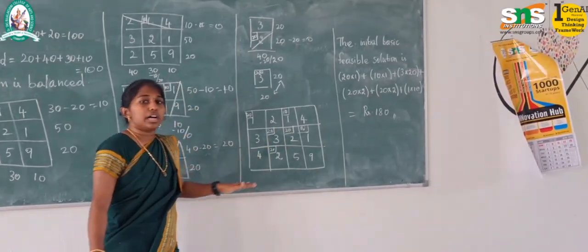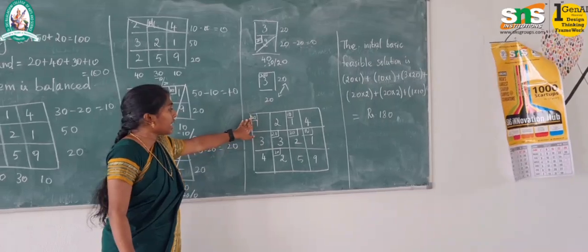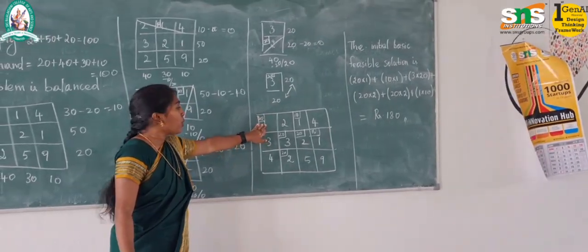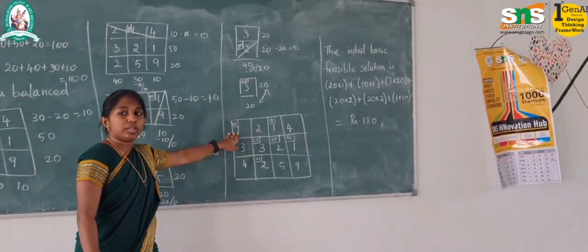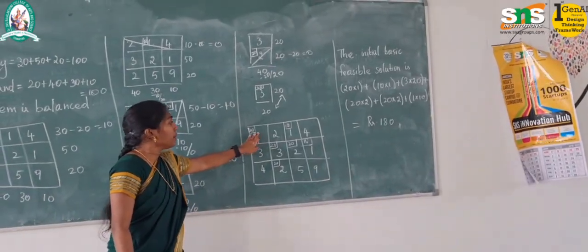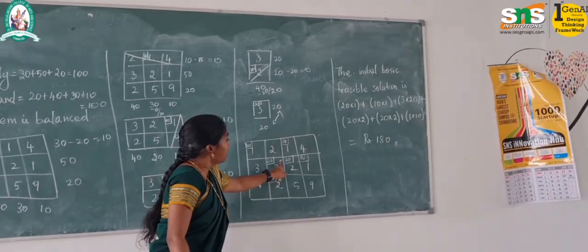Finally, it is the same as in the North West formula. We are going to multiply those allocated cells with the respective box values. Here the allocated cell will be 20, and the box value will be 1. 20 into 1 plus 10 into 1 plus 20 into 3 plus 20 into